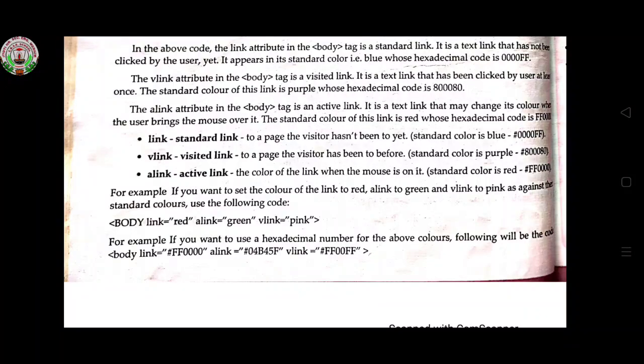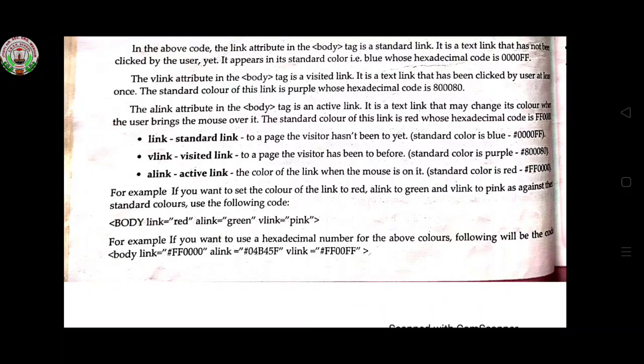In this line you see the assignment question you got once. If you remember, the first assignment question is about alink and vlink. Students, if you were not able to write the code for that question, see here: vlink and alink relate to that question only, so you can easily write the code now. If you have any doubt, you can send me a mail and I will clear that doubt also. But vlink and alink you will set in the body so that your text can become that color.